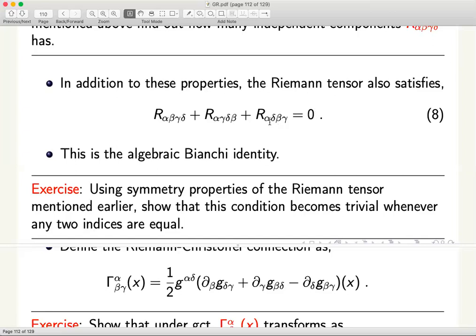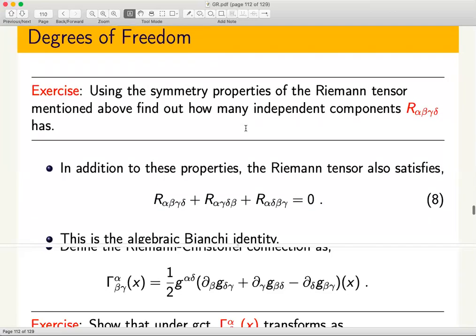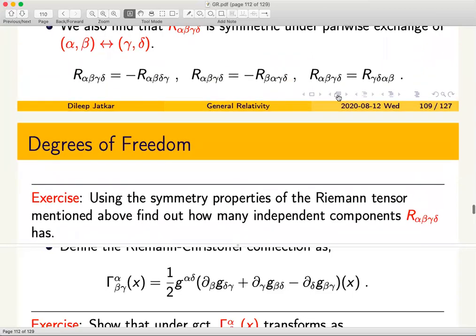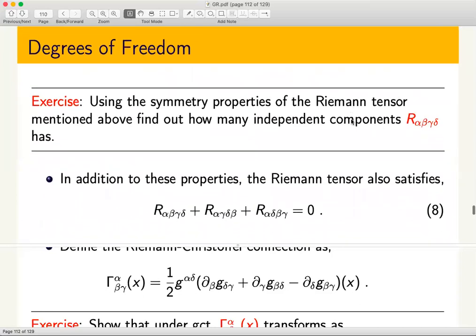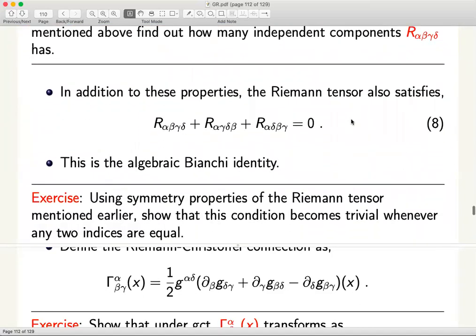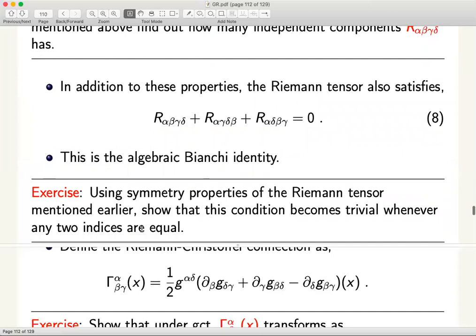But that is kind of obvious, because if you look at these expressions, these terms you can try to show are related to each other by earlier properties that we have already studied, namely antisymmetry properties of this kind, and this property. So using all the known symmetry properties, you can show that anytime you set two indices equal, the remaining piece can be shown to be trivially true because of the existing symmetry properties of the Riemann tensor.